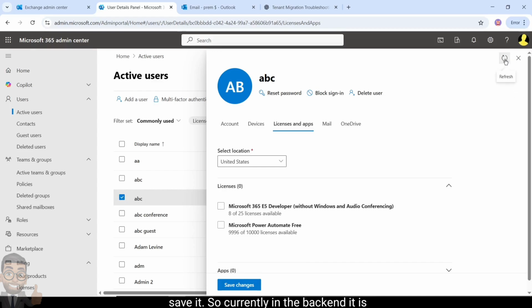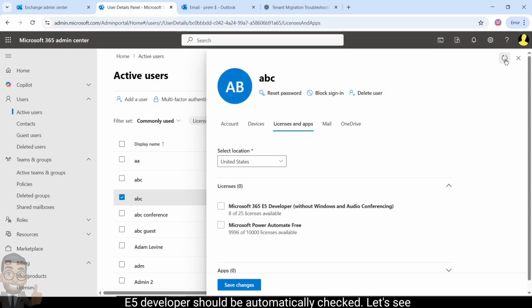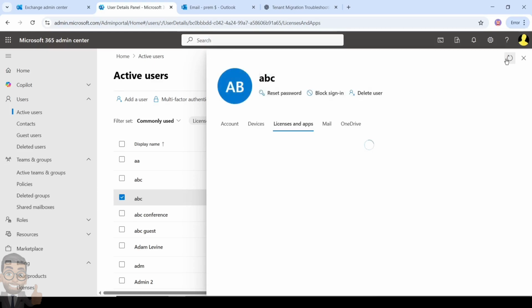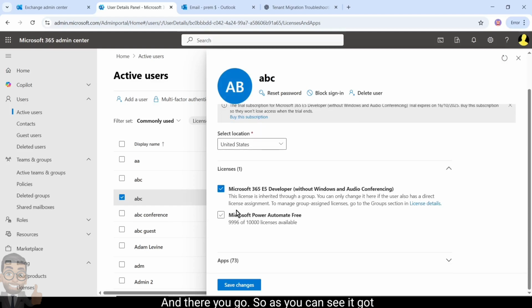So currently in the backend, it is processing the licenses for that group, and if I refresh it a couple of times, I should see that E5 developer should be automatically checked. Let's see. Usually it takes a minute or two, and there you go. So as you can see, it got automatically checked,